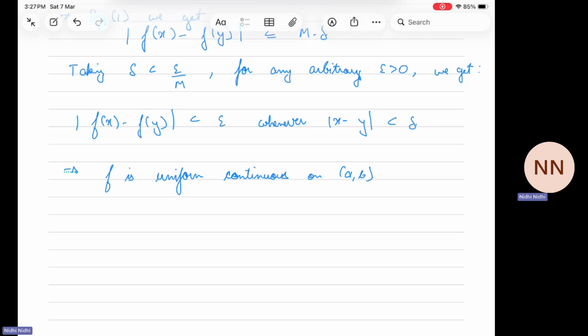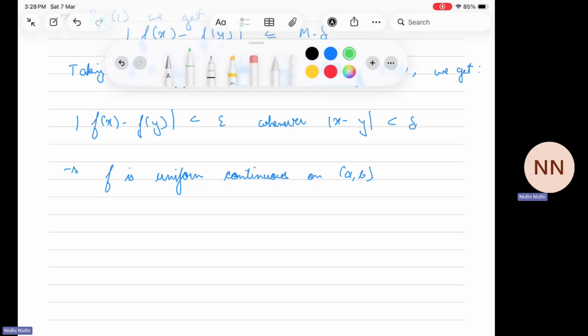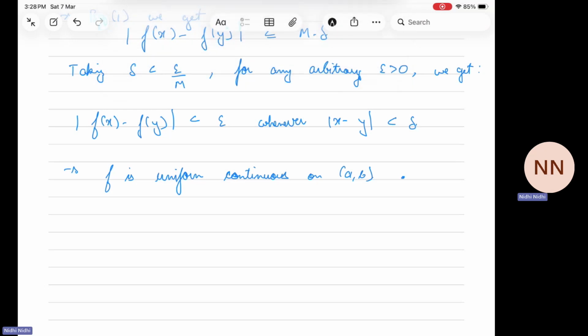Next, we will be using the property of uniform continuity to show that the limits at the boundary also exist. For that, we will be using the sequential criteria. So let me change the color. Now let x_n be a sequence in the open interval (a,b) such that